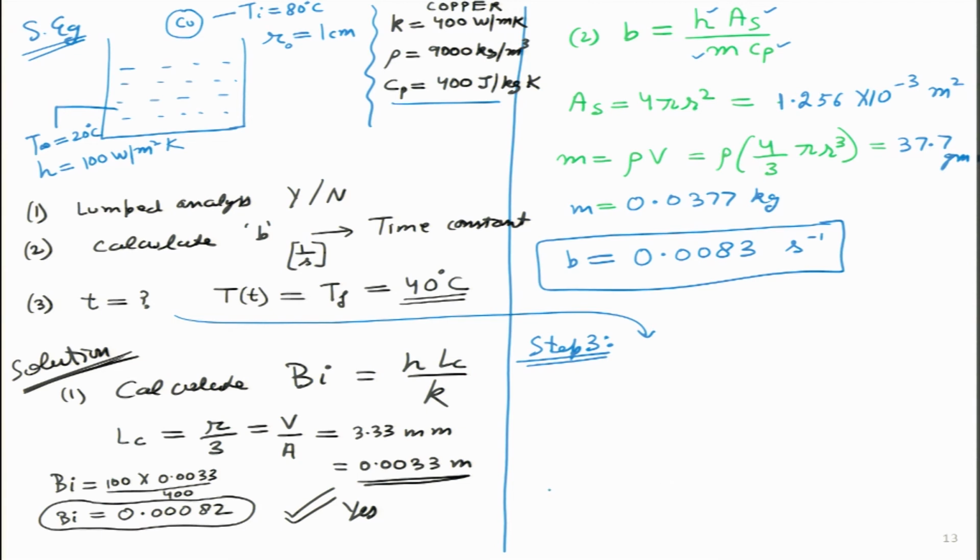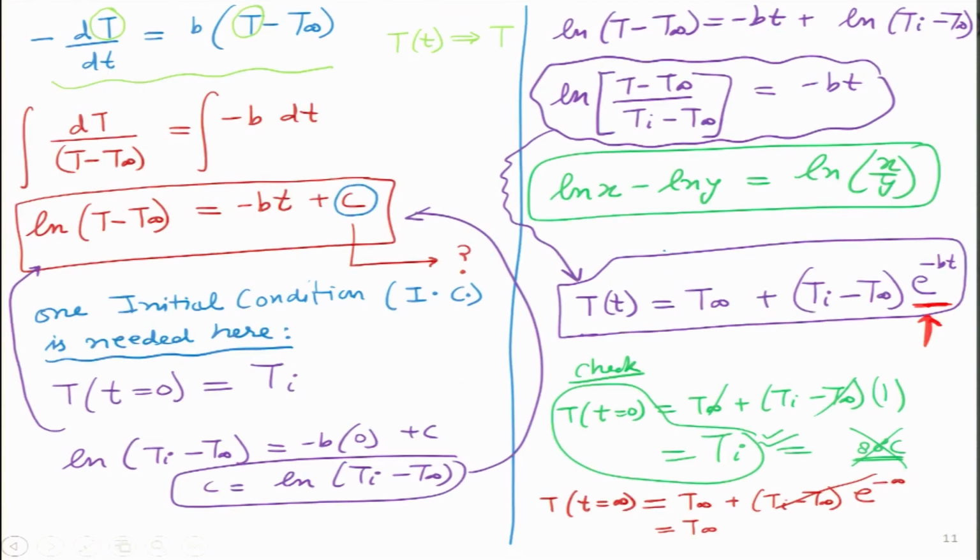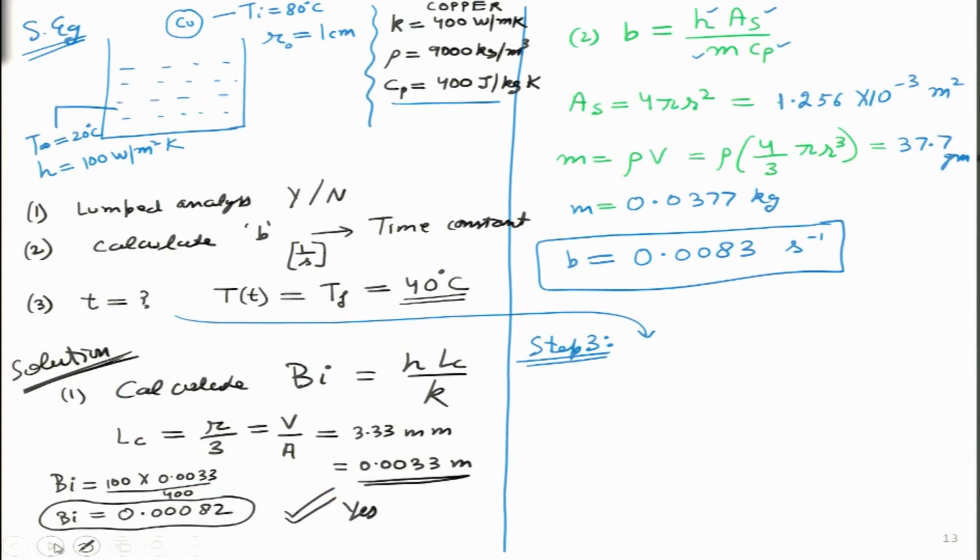I already have the governing equation from the previous slide. So, let us go back and look at 2 slides back. From here I know this particular equation. From here I will be able to figure out how much time it takes for the temperature to dip. So, the way I will write it is in this form over here. I will say temperature as a function of time is Ti minus T infinity e raised power minus Bt plus T infinity.